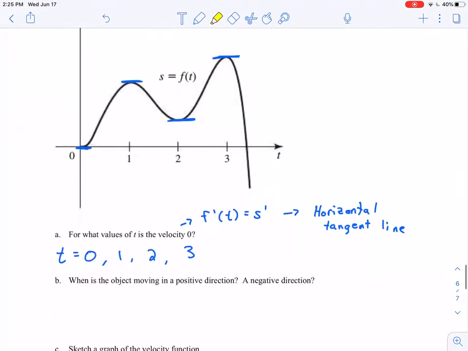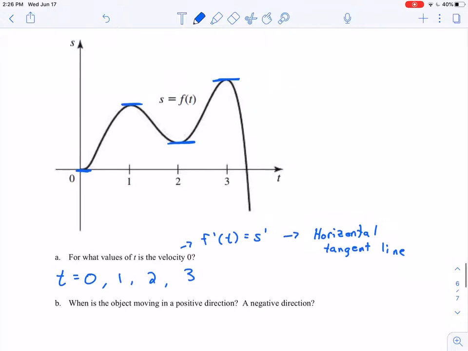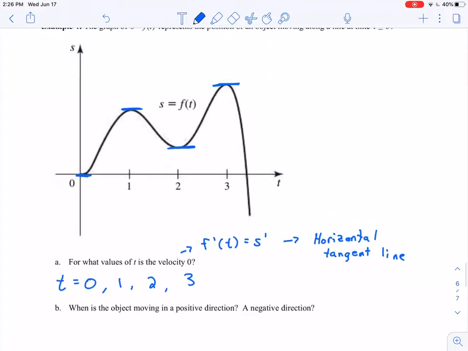Part B says, when is the object moving in a positive direction? When is it moving in a negative direction? What I would suggest doing here is to actually make a number line. I'm going to think about what the velocity is doing at each of these. So for the velocity,